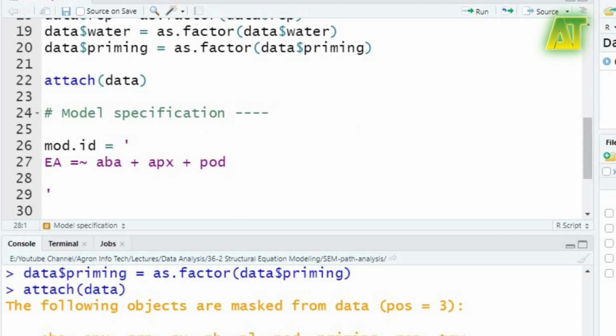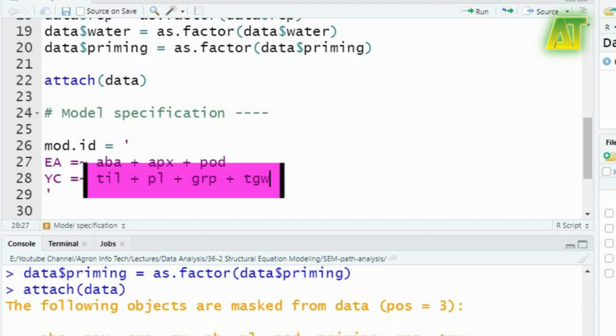Similarly, I have specified another latent variable YC, which represents the yield contributing factors. This latent variable is indicated by these observed variables on the right hand side, which are separated by plus signs. The observed variables are the variables that have significant contribution towards crop yield.